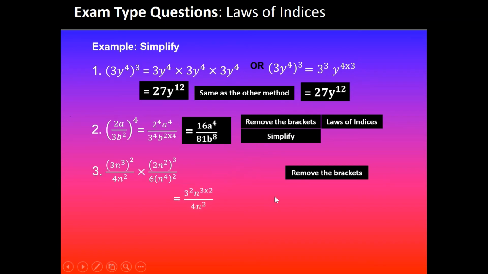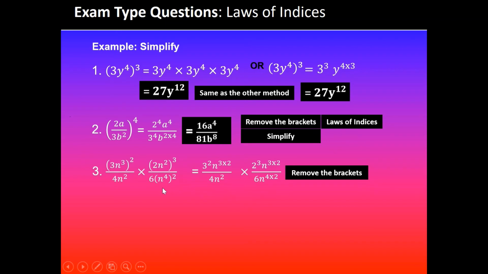So we know that 3n cubed whole thing squared will now read 3 squared n cubed times 2, and that is divided by 4n squared, because 4n squared is not squared in this case, so that's outside of the bracket, so that stays the same, multiplied by 2 cubed, so we've got 2 cubed, n squared times 3, so n squared times 3,